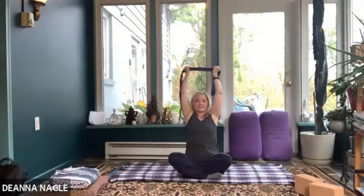Yeah, so this is going to be surprisingly challenging on the shoulders. We're just going to start by pulling the strap apart with your hands, okay? So pause there and try to lift up and touch the ceiling like we've been doing, which lifts and elevates the shoulder blades. And then from here, we're going to bend the elbows and try to take that strap behind the back of our head. And really lift and reach those elbows up,